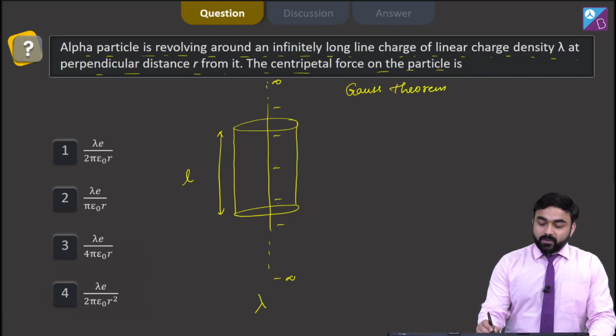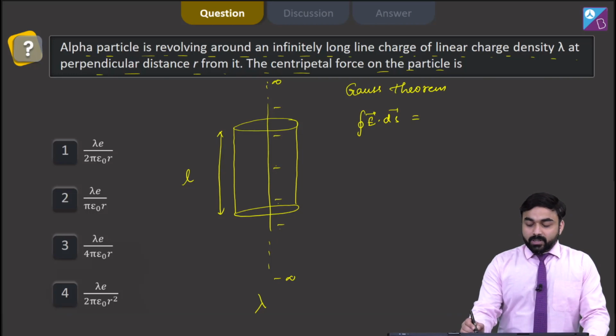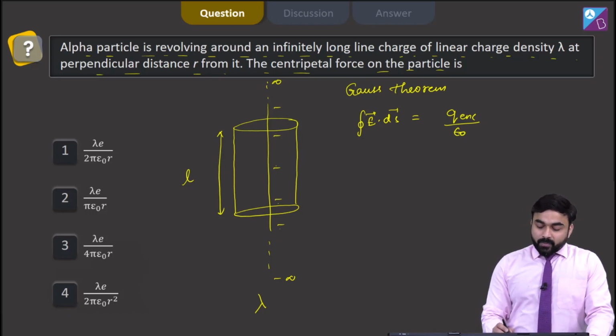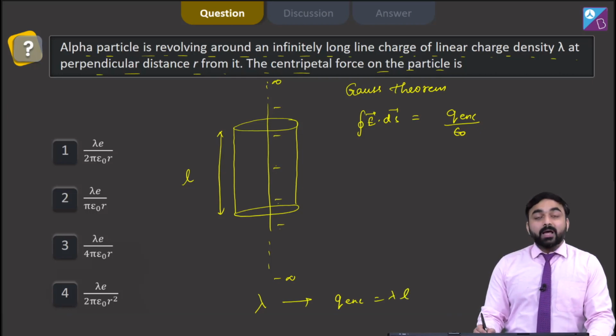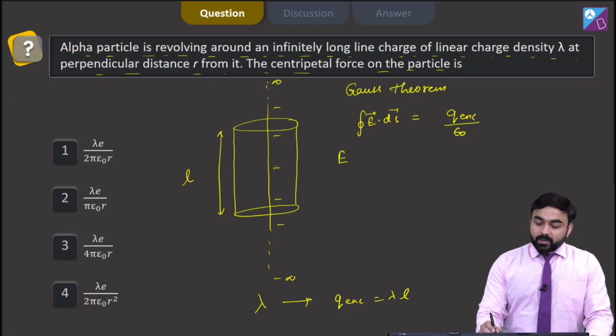and Gauss theorem is given by the closed integral of E dot ds, where E is the electric field and ds is the surface area, equal to Q enclosed, the charge enclosed inside this Gauss surface, over epsilon naught. Clear? As the charge density of this line charge is lambda, the charge enclosed will be equal to lambda L for the cylindrical Gaussian surface, and the surface area of the cylindrical Gaussian surface is 2 pi RL,